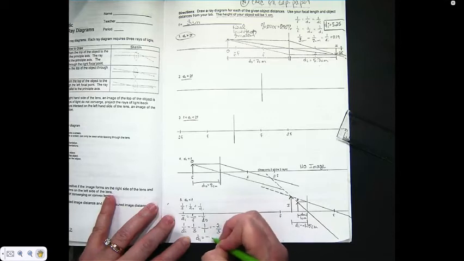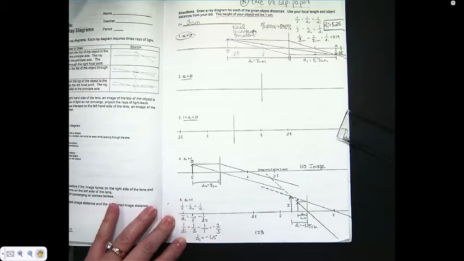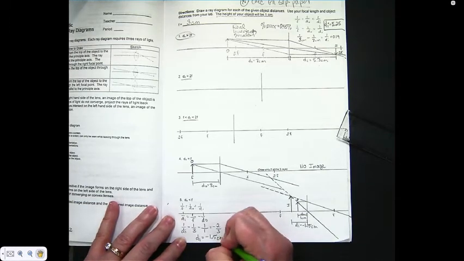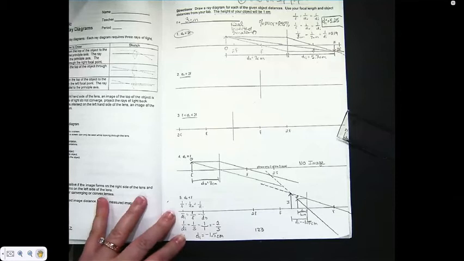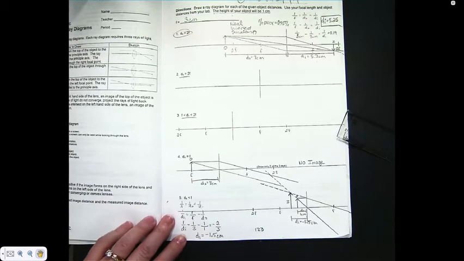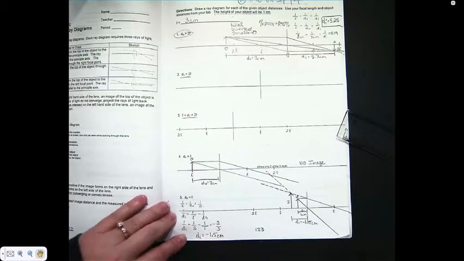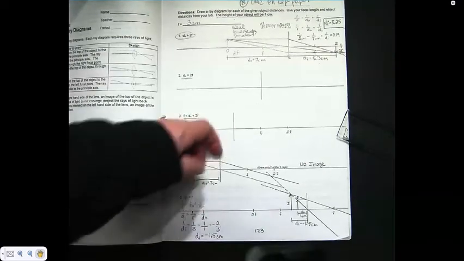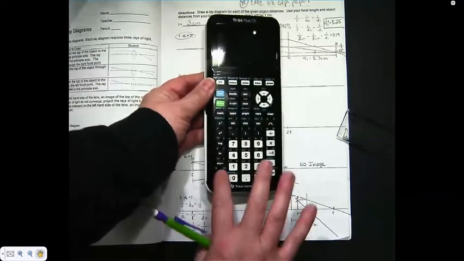So negative 3/2, or negative 1.5. I got negative 1.75. So I think I might be in a situation where I'm more than 10% error, and it may have even been with my measurement. But I'll go ahead and calculate it